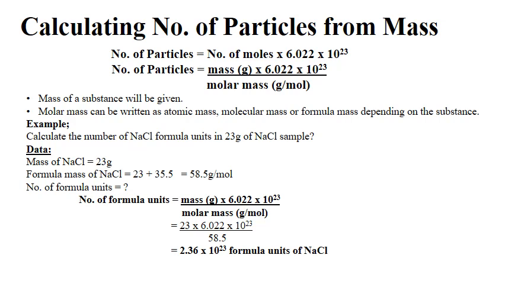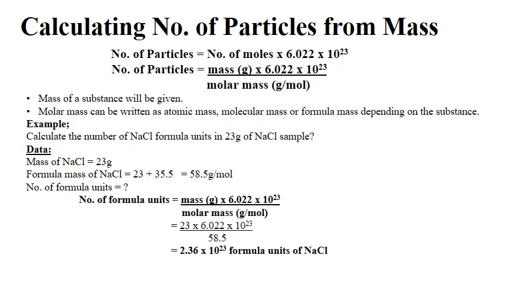Calculate the number of sodium chloride formula units in a 23 gram sample of sodium chloride. This statement says that we have 23 gram of sodium chloride with us, and we have to calculate how many NaCl formula units are present in it. Now you can see 23 gram is the mass in gram of the sample. We don't have the number of moles of the sample, but we know what the sample is made up of, NaCl. NaCl is an ionic compound, so it's going to have formula mass. And the formula mass of sodium chloride is calculated to be 58.5 gram per mole.